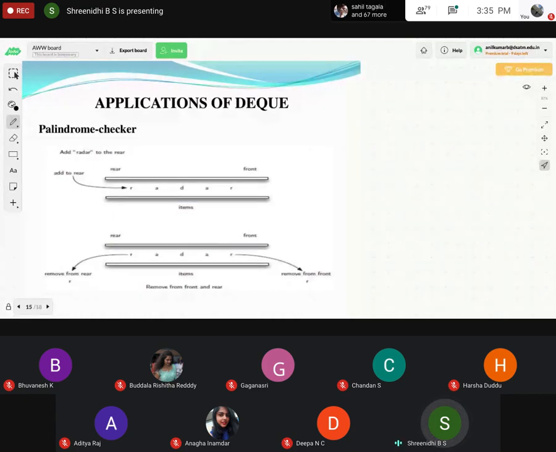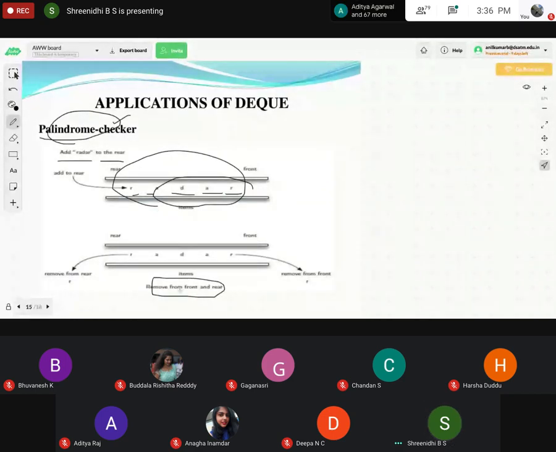A palindrome checker. The palindrome checker is a major application of the double-ended queue. Here we add RADAR to the rear end. Through the rear end we have inserted, right? Then remove from front or rear.